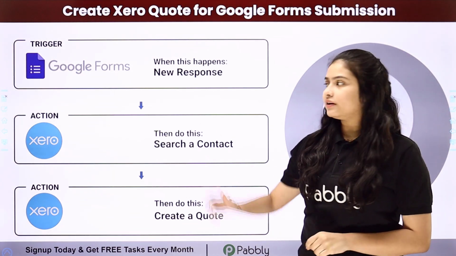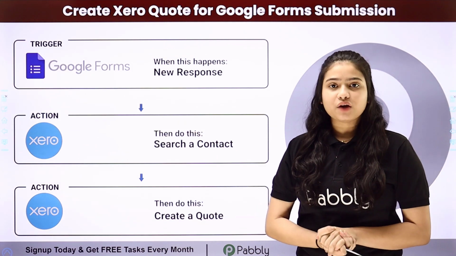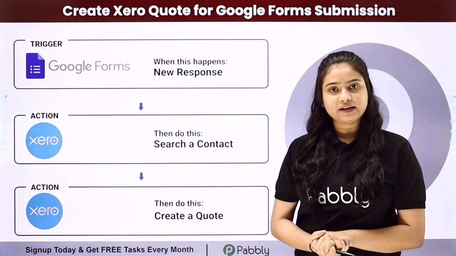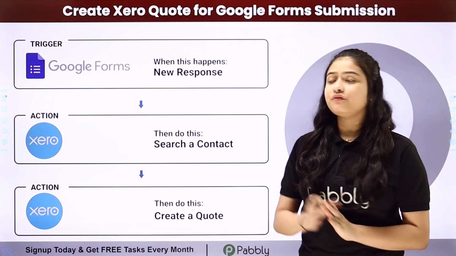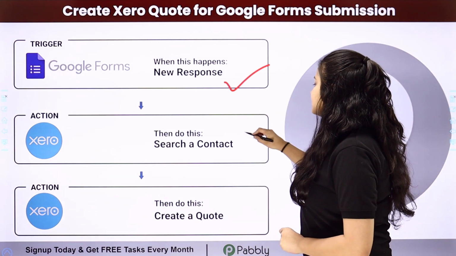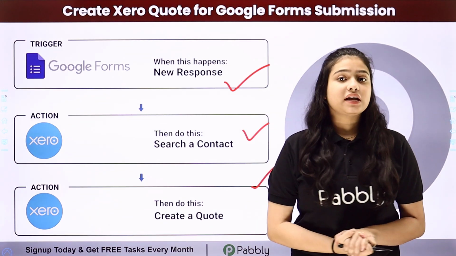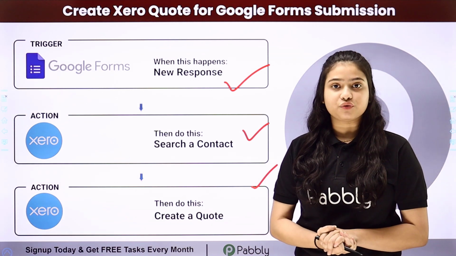For this, we will have to integrate both these applications, and we are going to do that with the help of an amazing automation and integration software, Pabbly Connect. Now here we have Google Forms in our trigger and Xero in our action. So we are going to connect both of them by using Pabbly Connect in such a way that whenever a